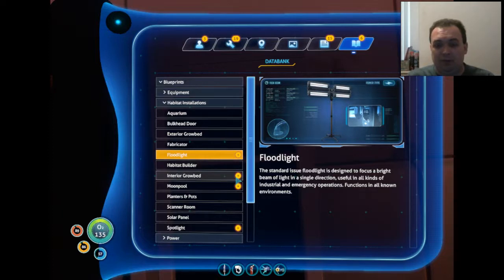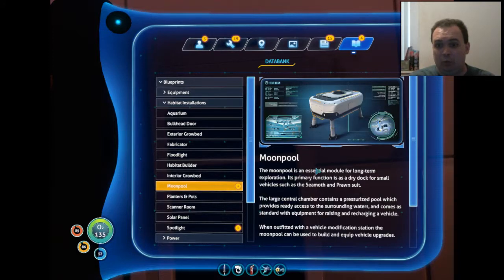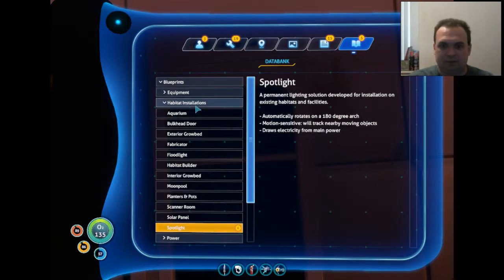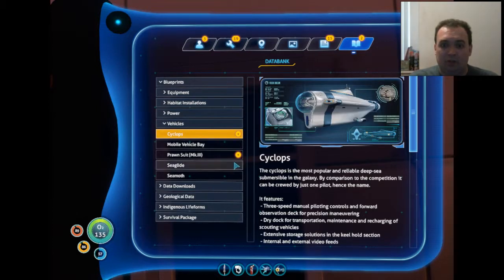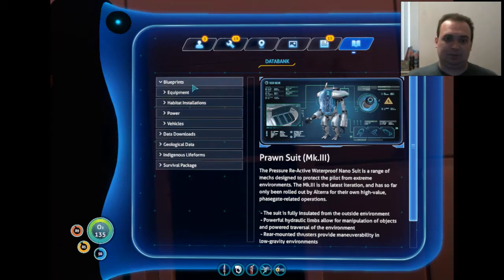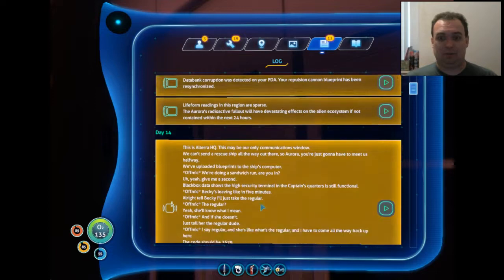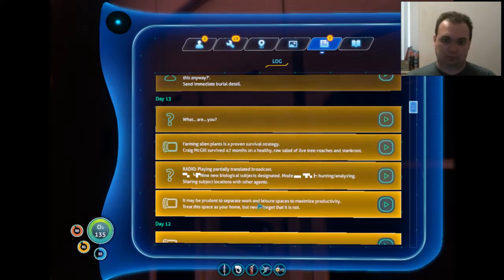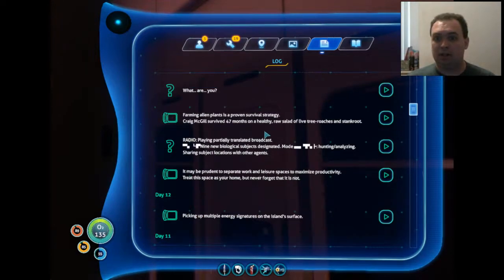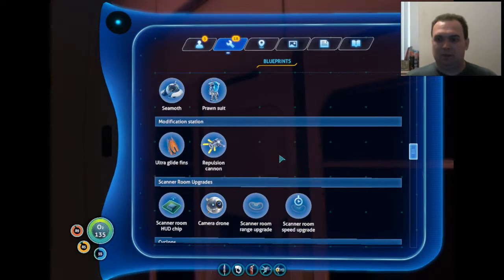Okay, let's just get rid of all these pluses and move on real quickly. That interior grow bed was my saving grace, always will be. Moon pool will be another helpful thing. Spotlights. And sometime I might start decorating my base and just add a whole bunch of spotlights and decorative pretty things. But that's going to be at the point when my base reaches post-scarcity, when there are no longer any important materials for me to gather, which I don't think is going to happen until I've